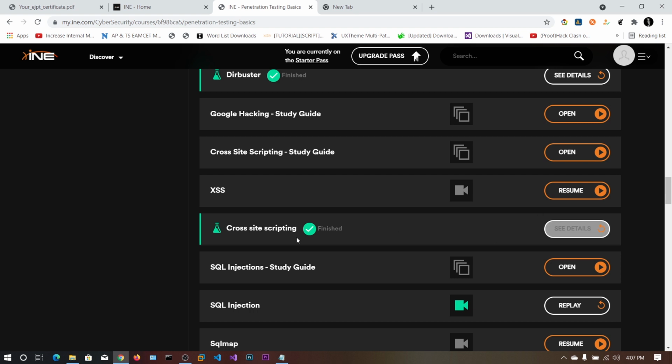And then cross-site scripting, there will be two types, reflected and stored. Here the lab is like the admin will log in every 5 minutes, and we need to steal the cookie. In the exam they may or may not ask about this, but make sure you have done this lab also.